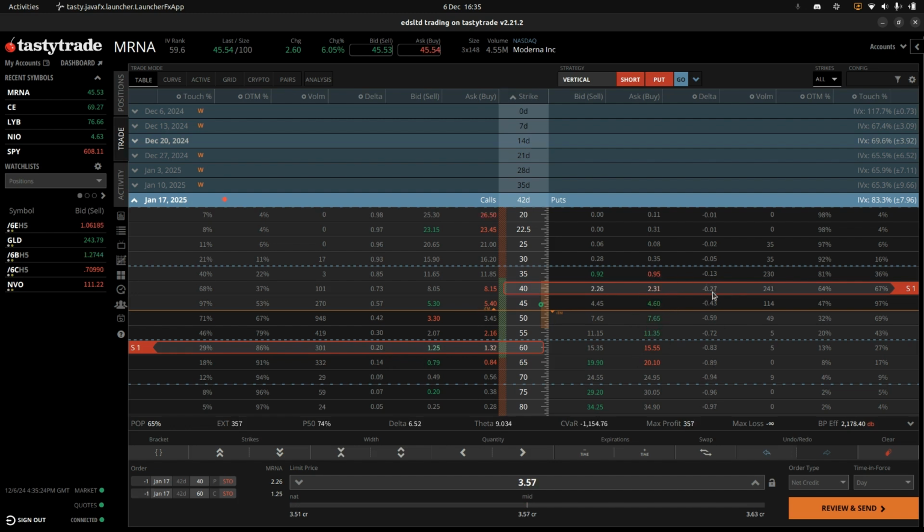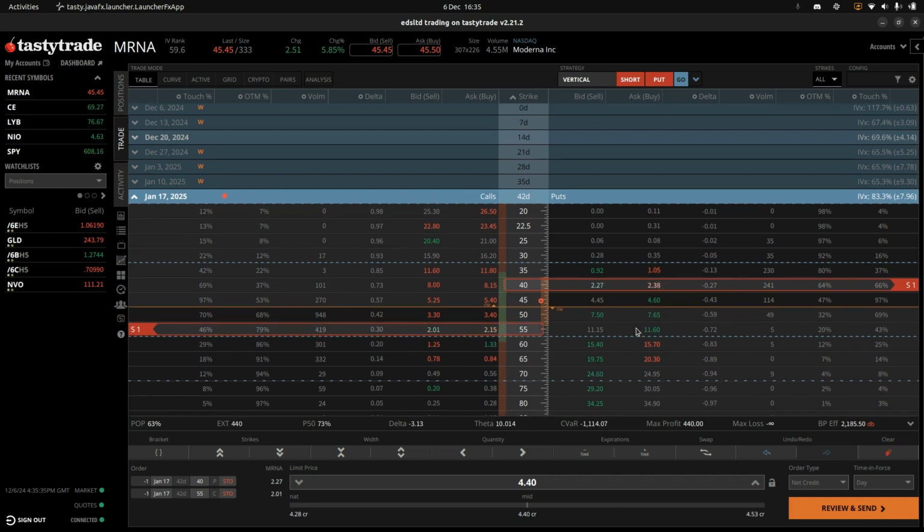The best thing we've got is either 13 or 27. However, because IV is high, the absolute IV level is looking pretty nice. I'd be tempted to go maybe slightly heavier on this position, 27 delta and a 30 delta. You want to be very careful when doing this, but this is probably a good time to show you what